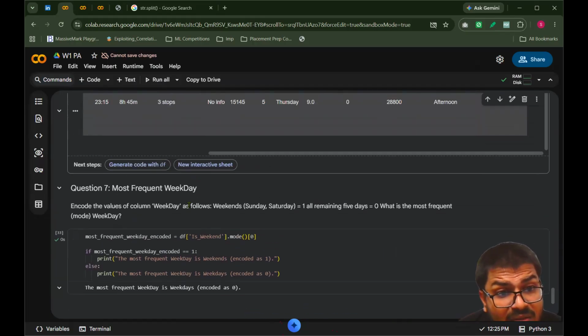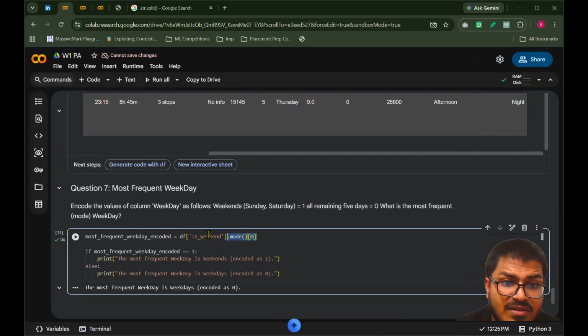और फिर मुझे करना है इनकोड द वैल्यू ऑफ कॉलम वीकडेज एज फॉलोज, वीकेंड इक्वल टू 1, ऑल रिमेनिंग 5 डेज एज 0, व्हाट इज द मोस्ट फ्रीक्वेंट वीकडे। तो मोस्ट फ्रीक्वेंट वीकडे के लिए मुझे ये करना है, मुझे df डॉट इस वीकेंड में मॉड लगाना है उस पे जहां वैल्यू 0, राइट। दिस इज द फंक्शन।